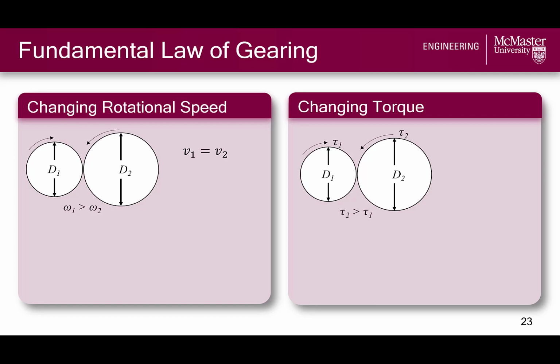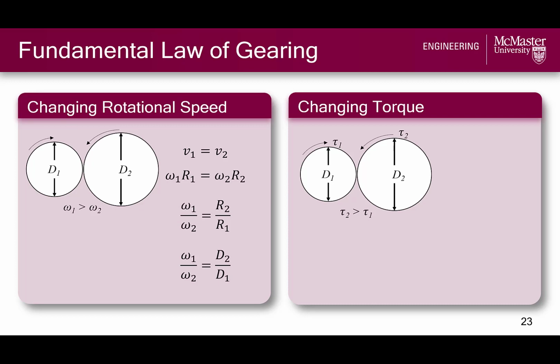If we make this substitution, we end up with omega 1 times r1 is equal to omega 2 times r2, which can be rearranged to relate the ratio of angular velocities to the ratio of gear radii, or equivalently gear diameters. At the end of the day, we end up with omega 1 over omega 2 equals d2 over d1,